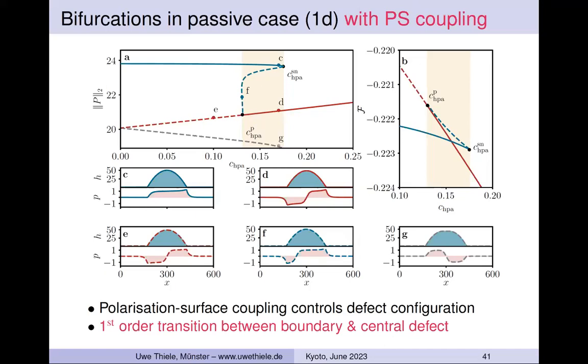And you see, if I increase this coupling, then the state with the defect on the boundary will actually vanish in the saddle node bifurcation. And there is a pitchfork bifurcation here where the state with the central defect gains stability. Right? And if you look at the energies, because this is equilibrium, you see the energies have a crossover in the middle of the hysteresis region where both of them are linearly stable. So in principle, at this point, this is a Maxwell point, they could even coexist. Right? Okay, so this bifurcation structure of the existence of these two solutions, one symmetric, the other one asymmetric,